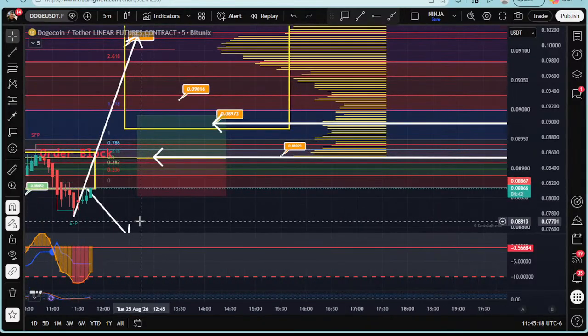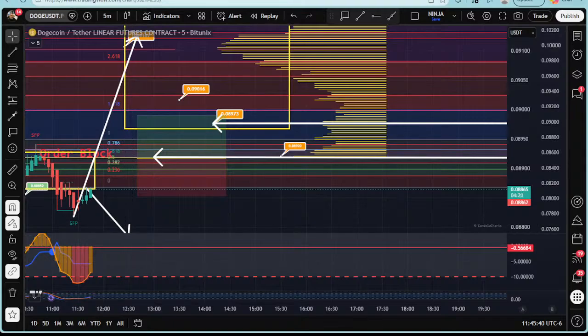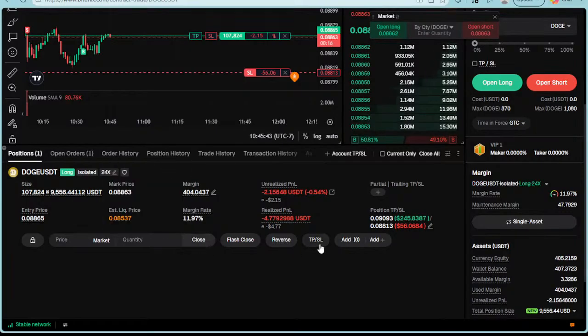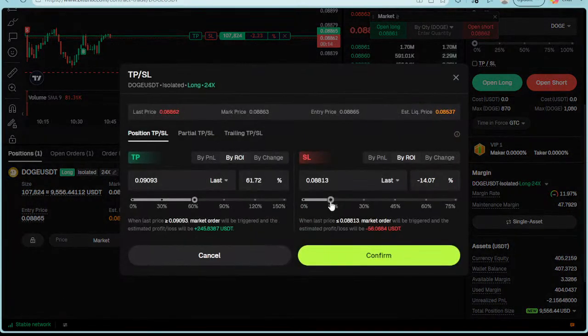So we're re-entering another Doge long. We lost our first one, but now that we had that pullback and we're heading into the resistance of the support, we broke support. We're buying the bottom of the support break, and now we're going to ride it up. So we're long in Doge right now again. We took the loss on the first one. We're going to ride this one here. So we're going to set this up, and we're going to put this in here, and our stop loss is our 56. Our win is